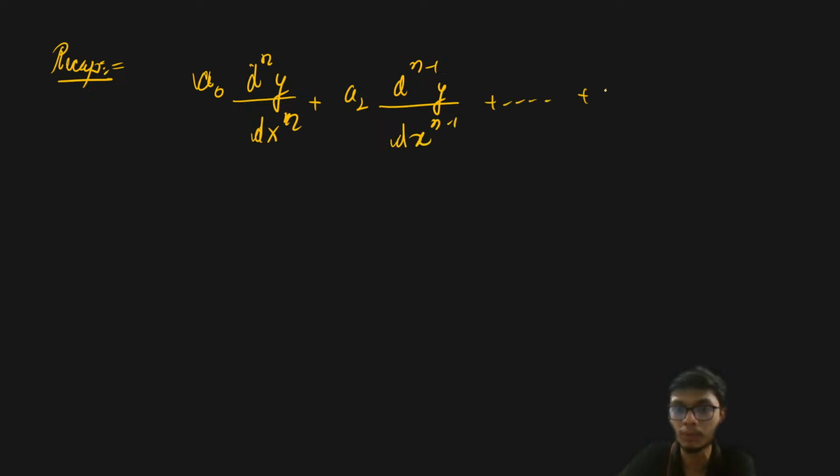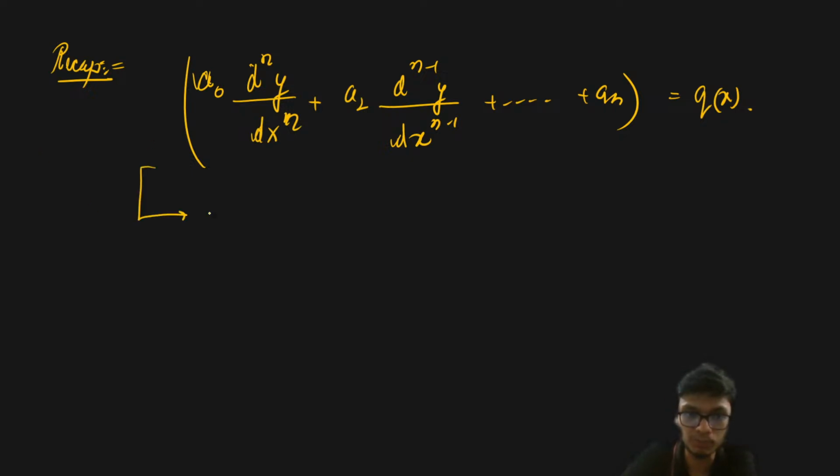a0 d^n y/dx^n plus a1 d^(n-1) y/dx^(n-1) and so on up to an y, and that is equal to some other function q of x. Okay? If we have a differential equation of this form,